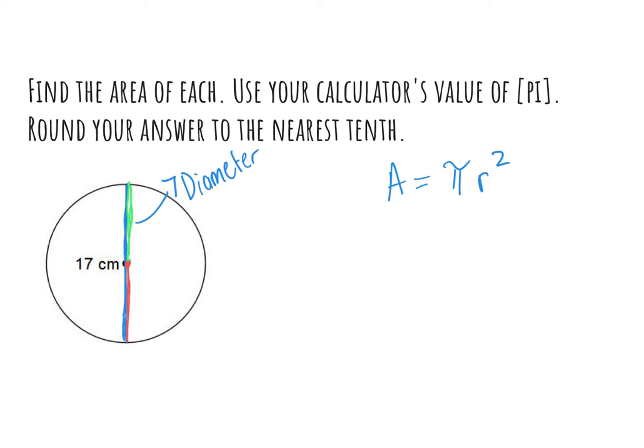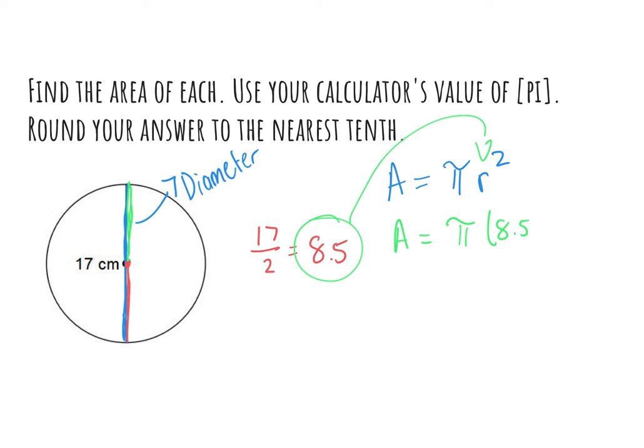So I can take my number 17 and divide by 2 to get the radius. So what is 17 divided by 2? It is 8.5. So now I'm going to use the 8.5 as my radius. So area is equal to pi times 8.5 squared. 8.5 squared would give me 72.25, and then I'm going to multiply by pi. So I will get approximately